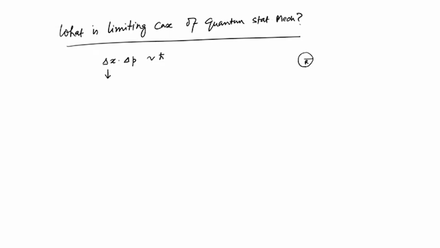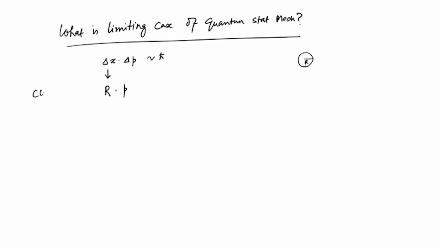So the maximum delta x is like r, which is the size of the object. It can be a cubic object or a spherical object; just for convenience, we have taken it to be a spherical object, but it can be a cubic object as well. And this p is the momentum,